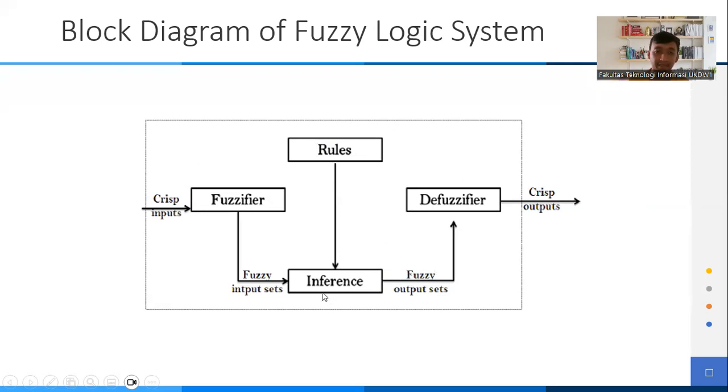After the inference block, we also have a defuzzifier because we need to calculate the value after the input is processed in the fuzzy inference, and then for the output we get the result after it is processed in the defuzzifier.